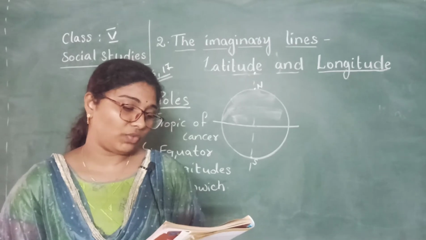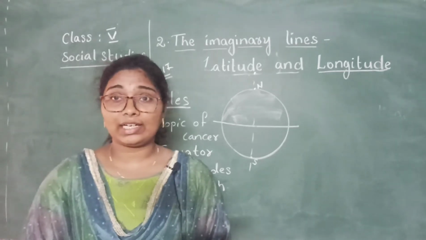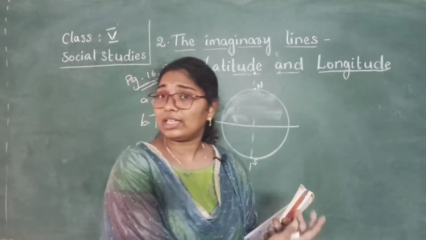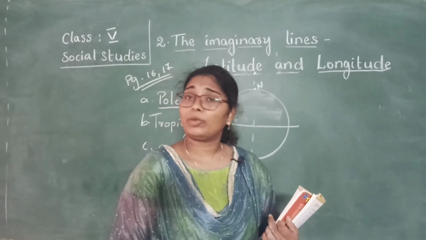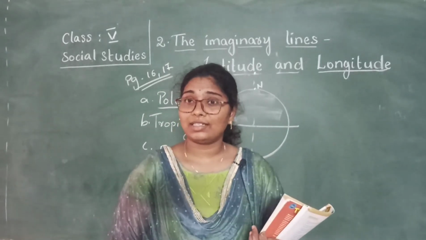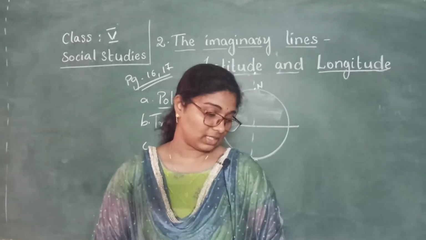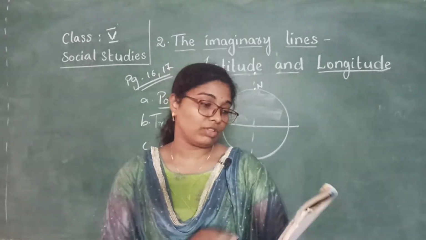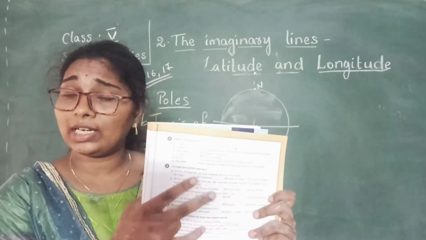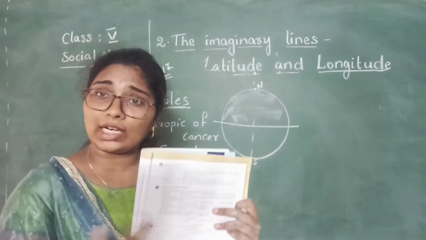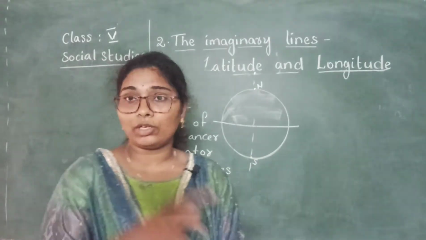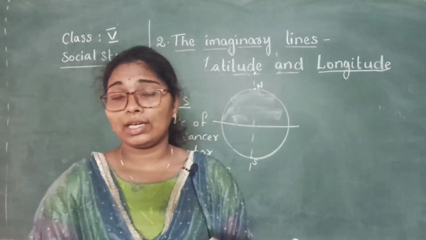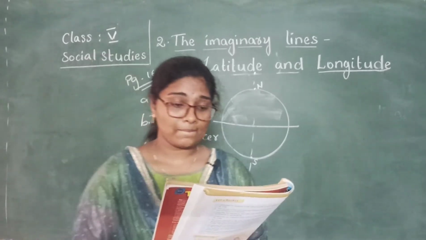Which of these do we find towards the end of an atlas? What can you find at the end of an atlas? So there will be all the names, contents. What do you call that? It is index. So they gave index in first option and contents in second option. Both are same. So both A and B, you have to give the option both A and B.